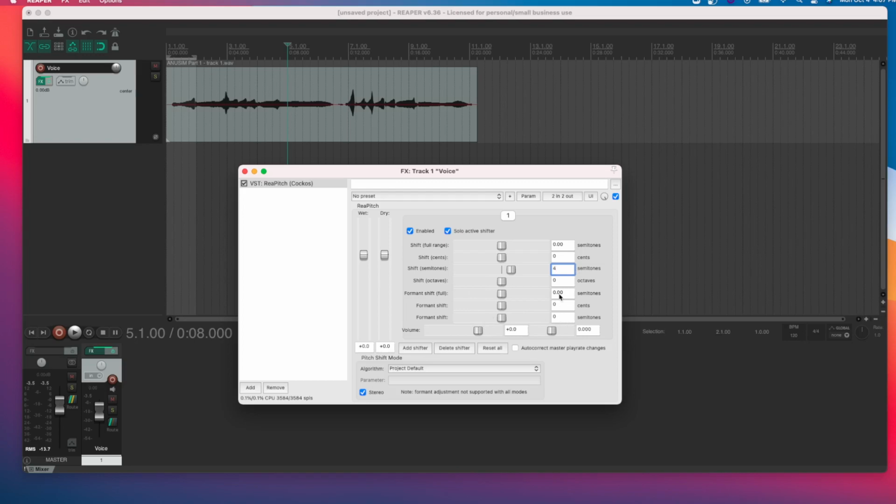So the easiest way to do this is basically to find the same one. So here I have semitones, cents, and semitones, cents, and semitones again, because this is the full range, which gives you kind of a wider range. And we want to find the corresponding one. So we can say, if you shift by 4 semitones up, you can compensate by shifting the formants 4 semitones down. Take a listen now.